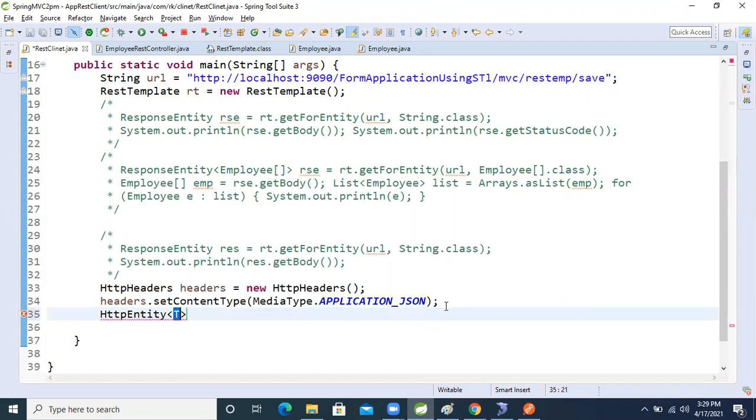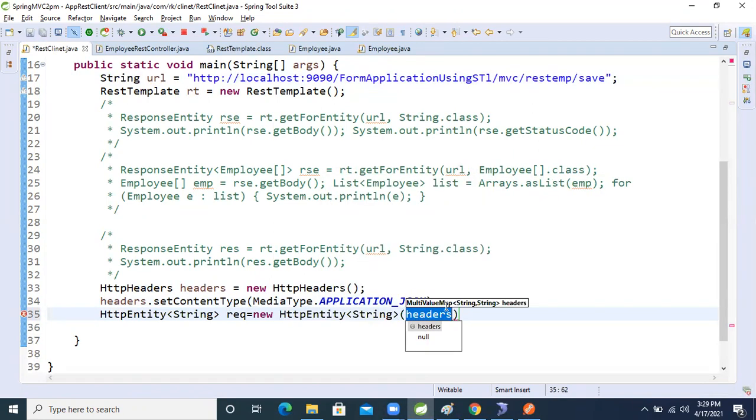Inside that, just take String only, as the generic type I'm using. Now make the request: req equal to new HttpEntity, right?